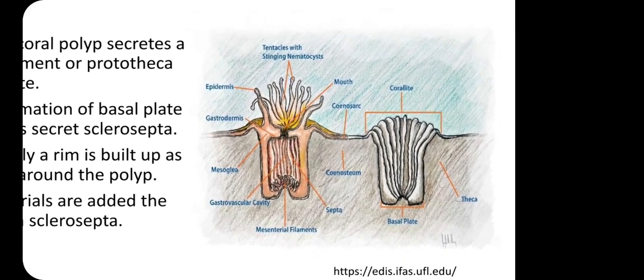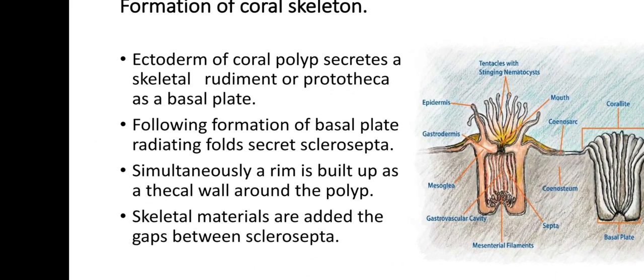Now the question is how this coral formation takes place. In the beginning, the ectoderm, remember the section of hydra? There is ectoderm and gastroderm, the ectodermis and the gastrodermis, and in between them the mesoglea is present. More often it is the ectoderm that secretes the calcium carbonate. In the beginning there will be only a basal plate at the basal level, just like while constructing a house we go for a foundation, and on that the house is built.